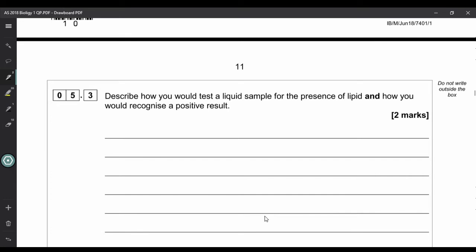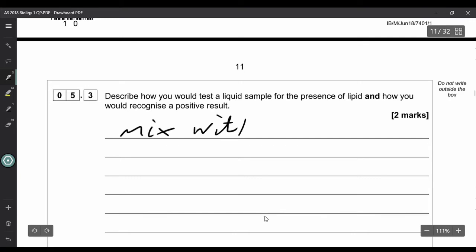So next part is to describe how you test a liquid sample for the presence of a lipid and how you'd recognise a positive test. So you've been asked for what the test is and what a positive test would give you. So the test with this is to mix the sample with ethanol,